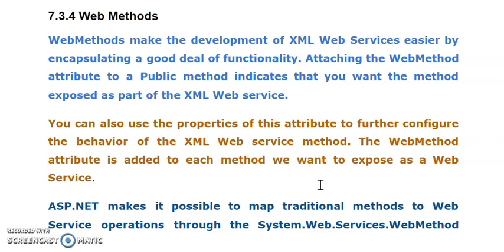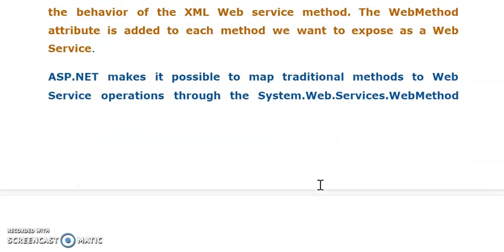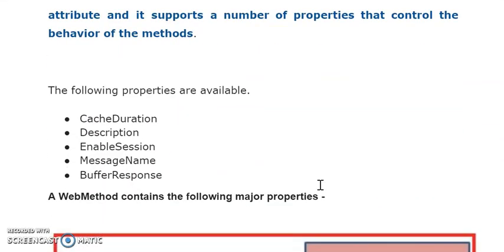Now the fourth one is about the web methods, some popular methods that are used when we are using the web services classes. These web service methods are used to store some information, then give some information about that particular class's methods. Then we can give the name of that message, enable the session, or disable the session. So these properties we can set with the help of some properties along with these web methods. Now which are these properties?